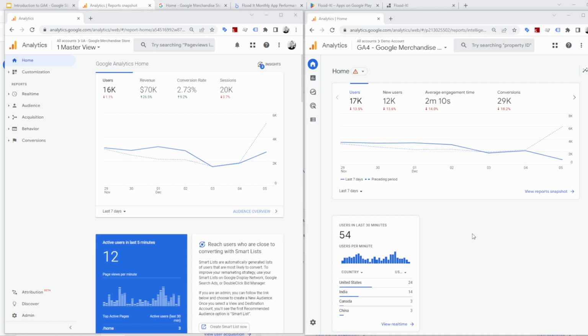see the differences. Both of them have this home screen, which is just an overview of what's happening and some real-time reporting. But then we can dig deeper into the reports section. So in Universal Analytics, we have reports sorted by real-time, audience, acquisition, behavior, and conversions. And in GA4, we need to click into the Reports tab,